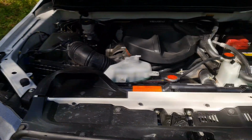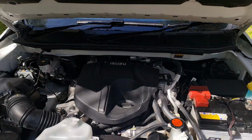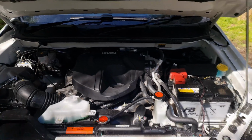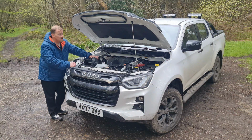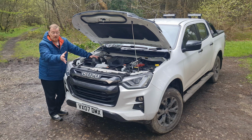A horse box, trailer, tools and equipment. This is an easy day's work for the D-Max with a towing capacity of up to 3.5 tons. You know, but from this 1.9 litre turbo diesel engine, I've been getting, which is a mixture of round town,